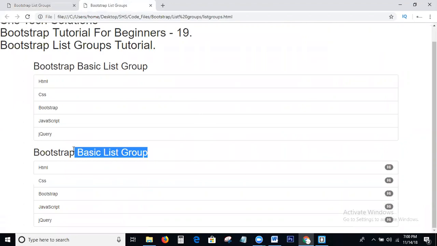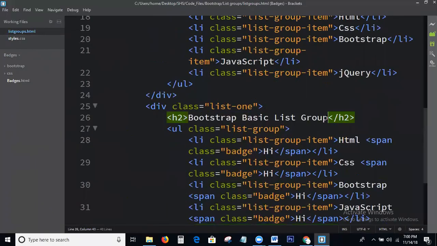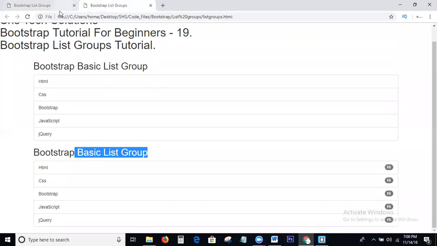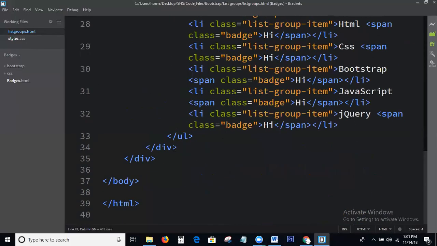Yeah, here this is the basic list group with badges. Basic list group with badges. Okay, next